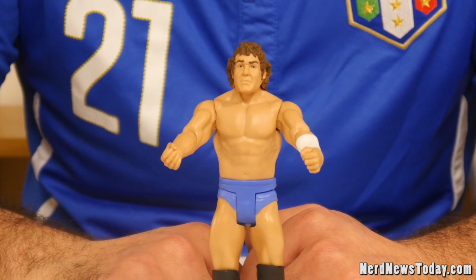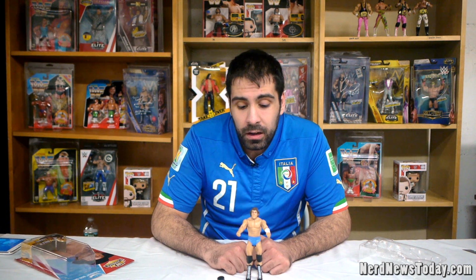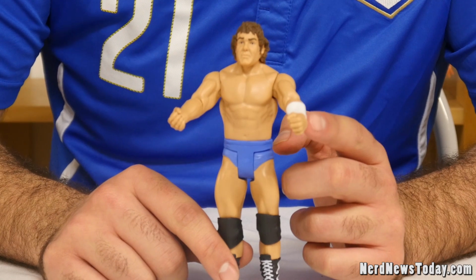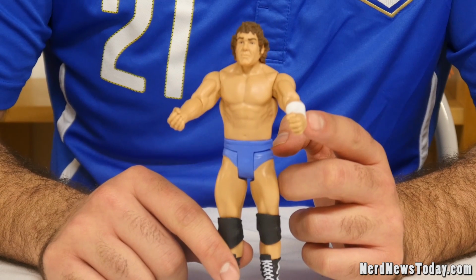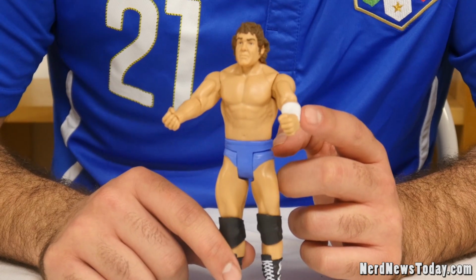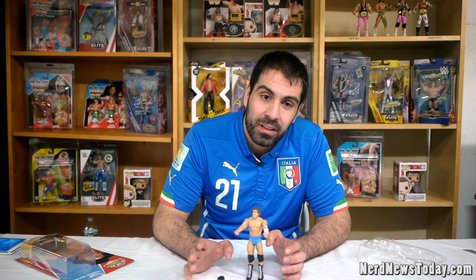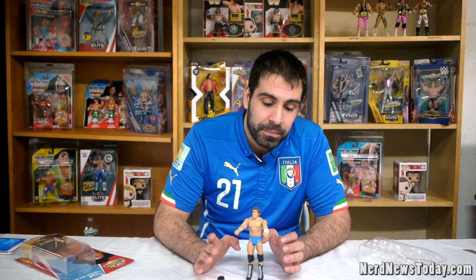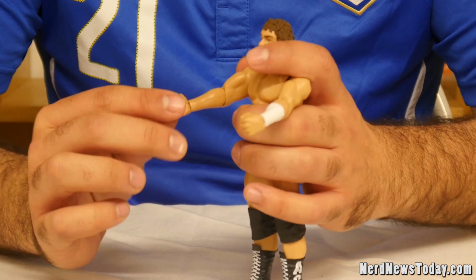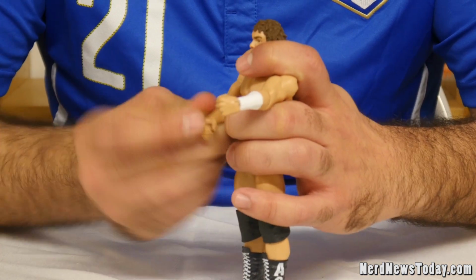If I had to give this a score, I'd say a nice 4 out of 5. Like I said, the only thing is, I would have liked if they did a removable arm cast, because even like I said, during his Ace Cowboy period, he did not have a cast. So that would be the only thing that would kind of bother me and separate this from being a perfect figure. But like I said, I can't complain, and I am digging the new articulation for the arms on the elbow. With that in mind, guys,